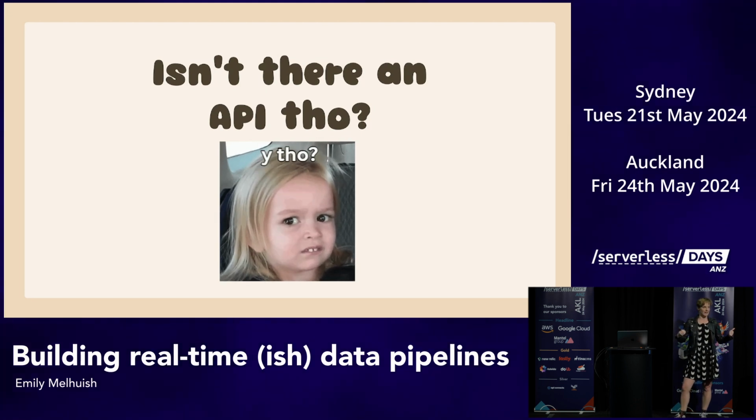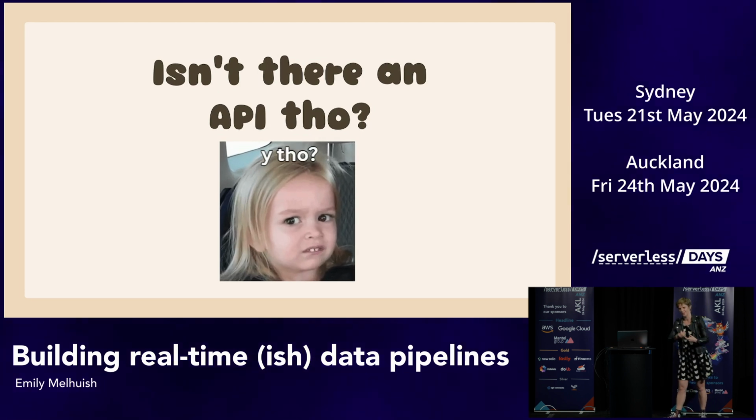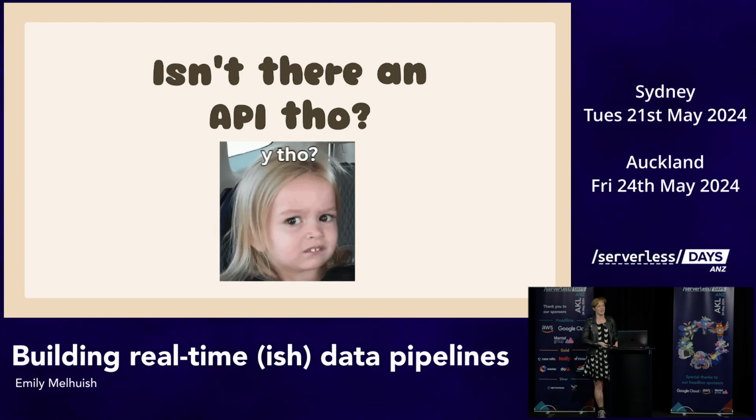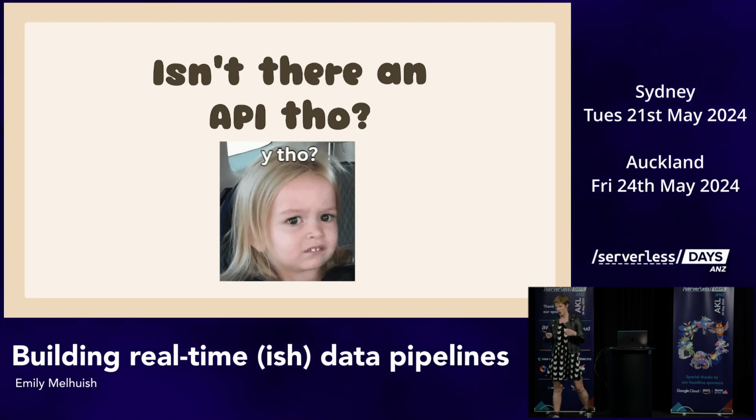We need to use that rate limit for other things like historical batch processing, which is fine. We can wait an hour for historical data processing, but if the pull request table is down for an hour, that's not so great. So basically, using the API was out of the question, and we already are processing GitHub data, so how can we augment that pipeline to get what we want?